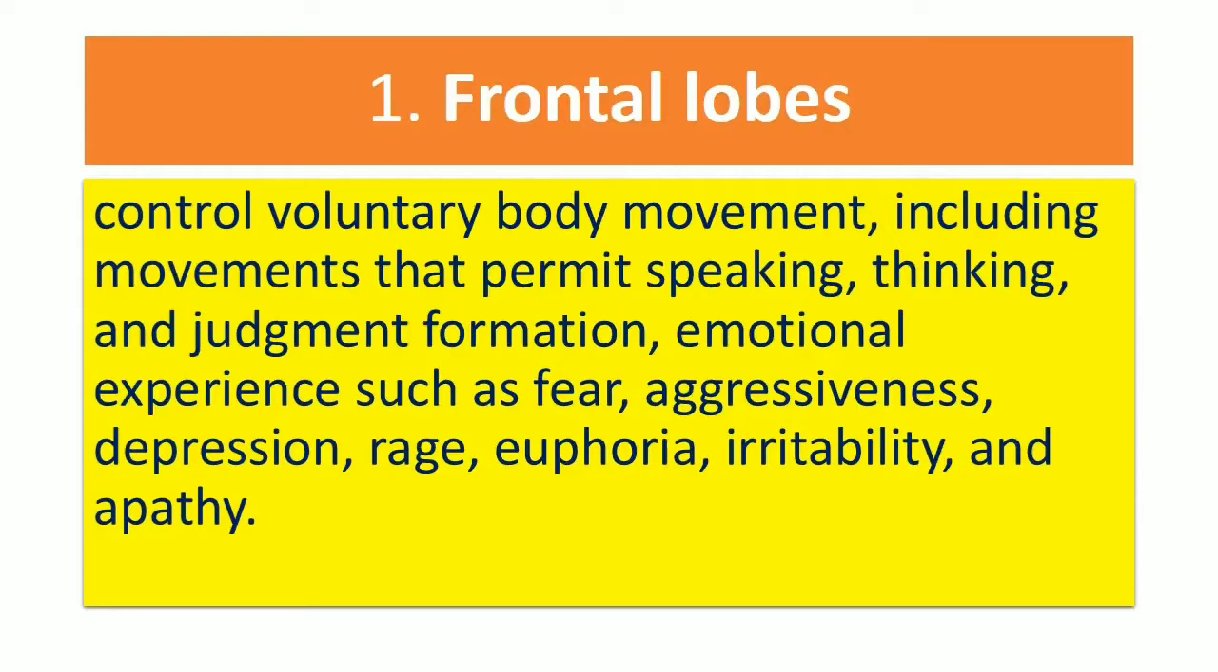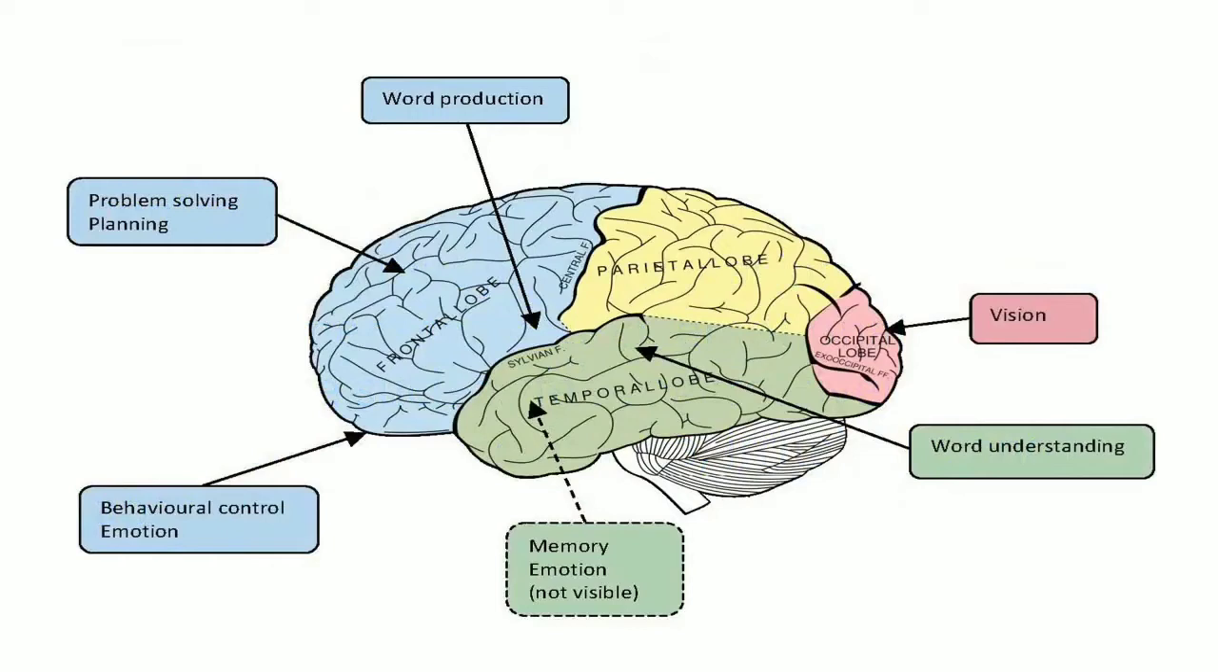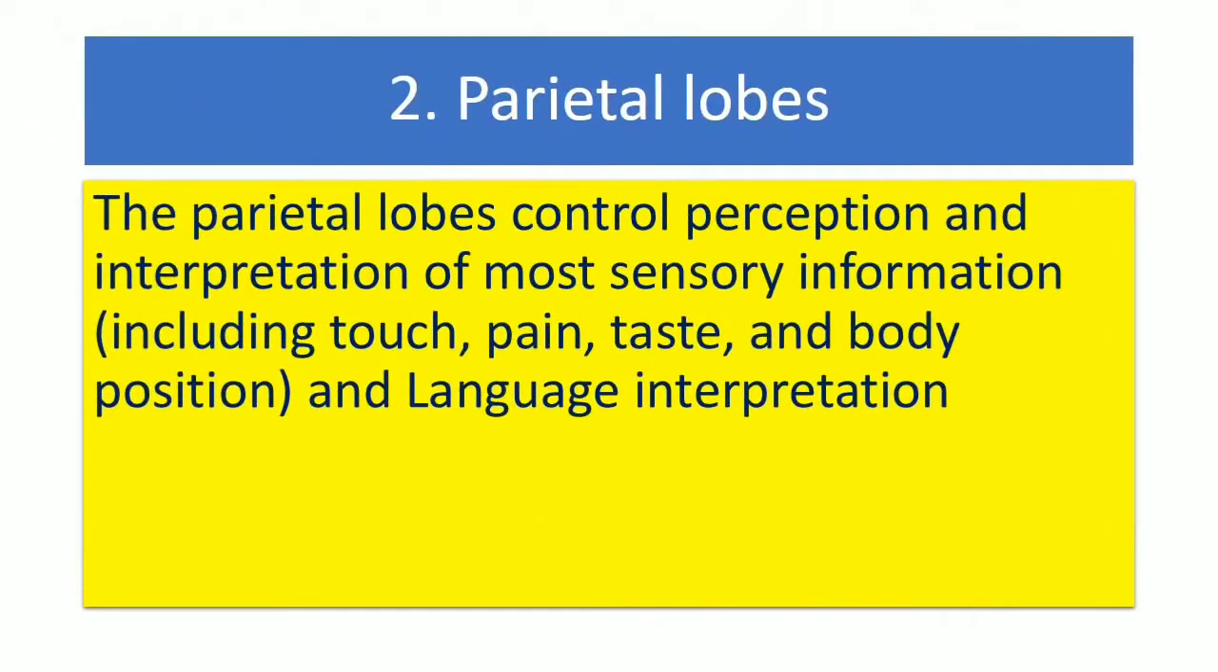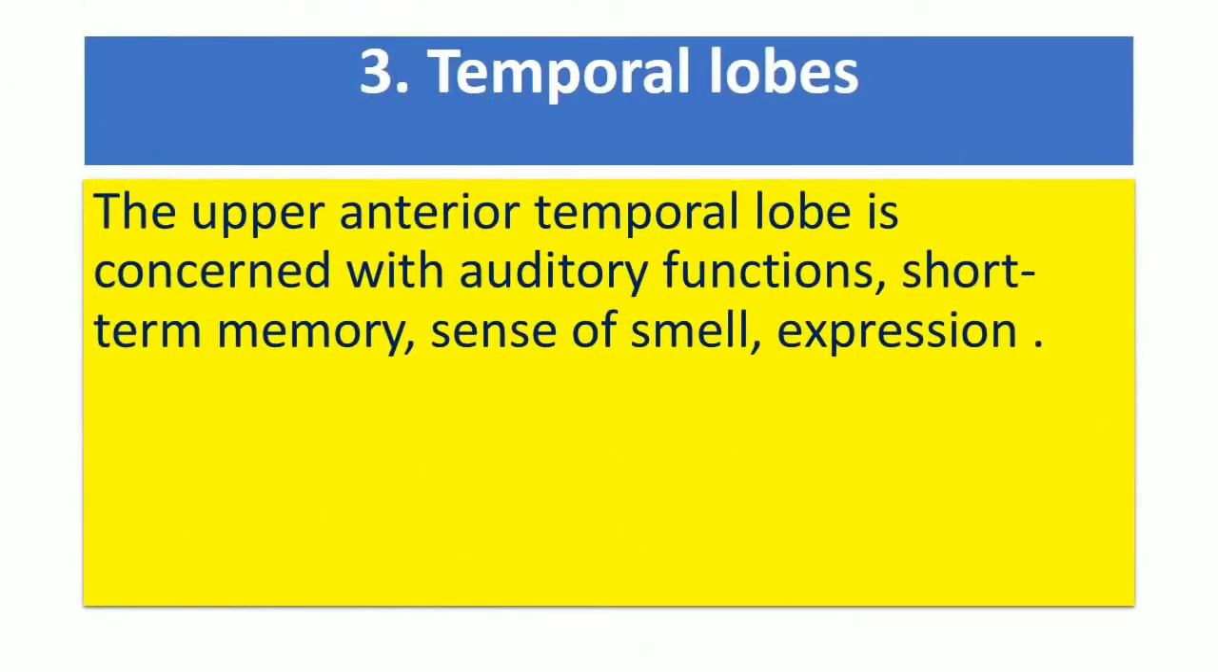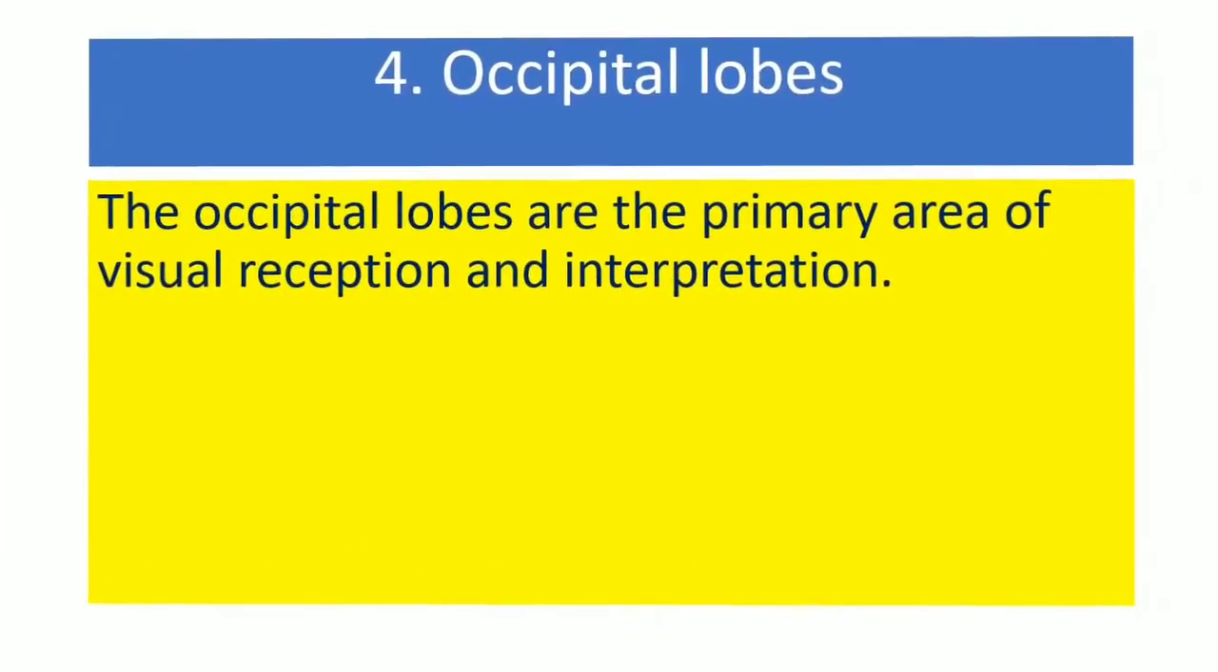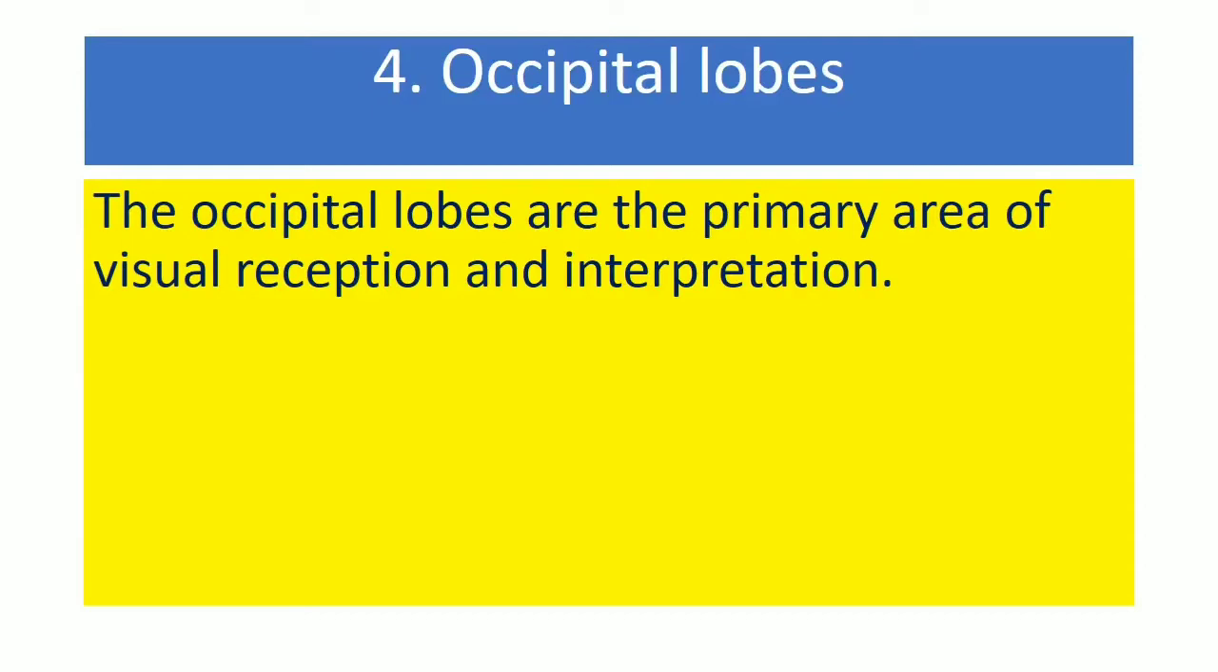Frontal lobe functioning is given in this slide, and then word production, memory, emotions, everything is related in one or the other part. Parietal lobe is also related with pain, taste, body, including all the postures of the body. Temporal lobe is related with your auditory functioning, short-term memory, sense of smell, expression. Okay, so do take the slide. Occipital lobe is with the primary area and visual reception and interpretation. Okay,